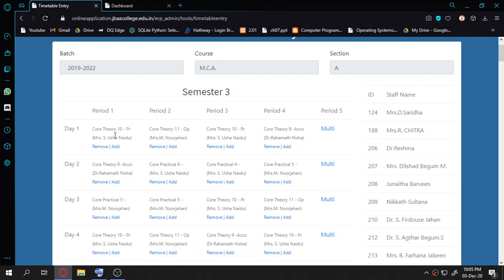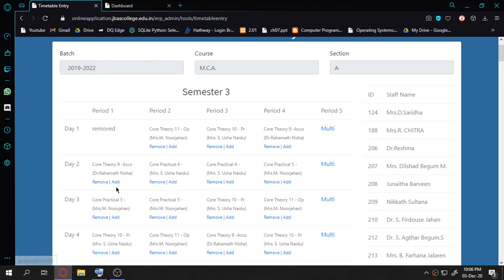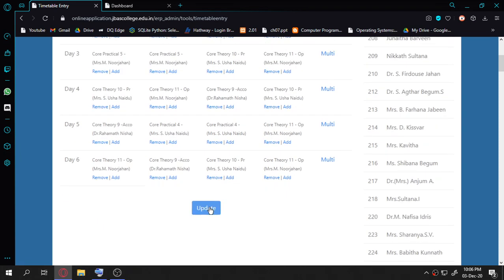So we just have to choose, and all your subject names must have been included by the ERP team. So now you have to first choose the select. Suppose I am showing you how to change this. I am removing this just to show you how to add this person. So I am removing and then I am going to add the timetable for this person. So how to make the timetable? Let me update and show you.